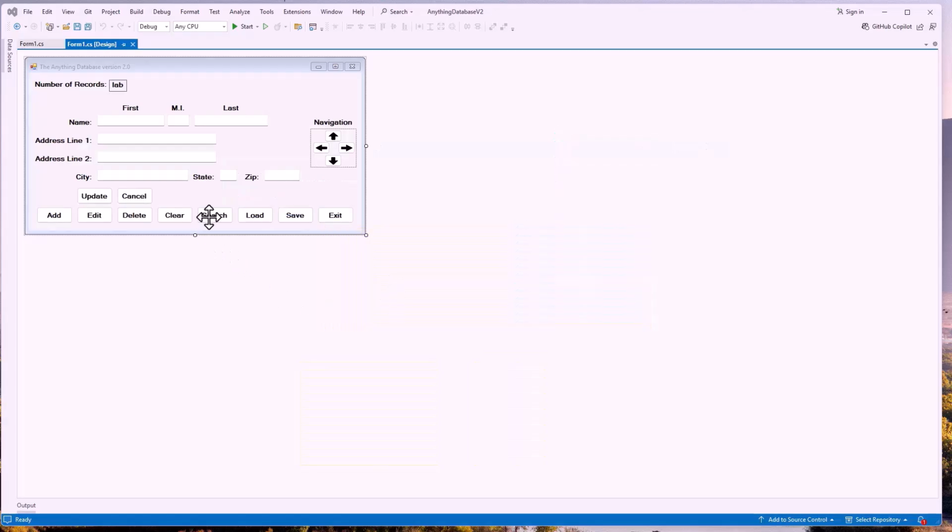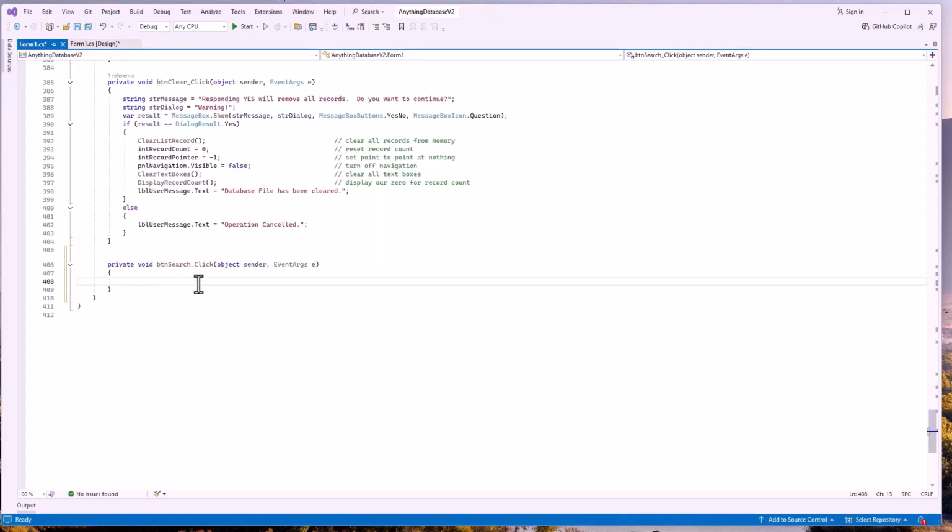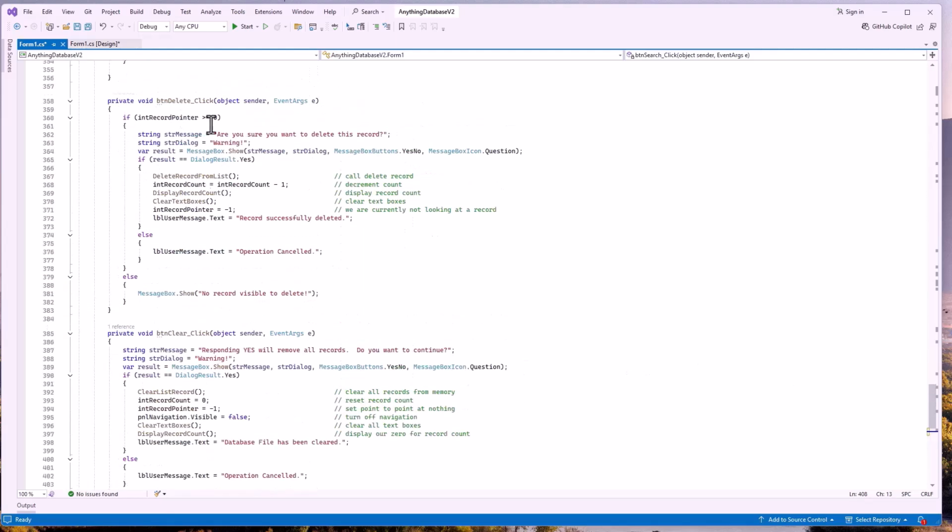The first thing I want to do is go into my search routine, which is right here, and click on it and create that button. So there it is, button search. We've got it sitting here. And again, we only want to search if we actually have something to search on. So we need to have our int record count greater than 0. So we can place this guy right in here in that place